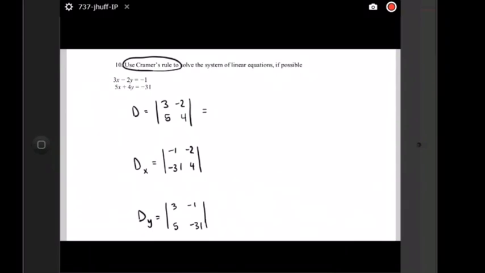So this first determinant is AD, which is 12, minus BC, which is -10. This determinant is AD minus BC, and this one is AD minus BC,